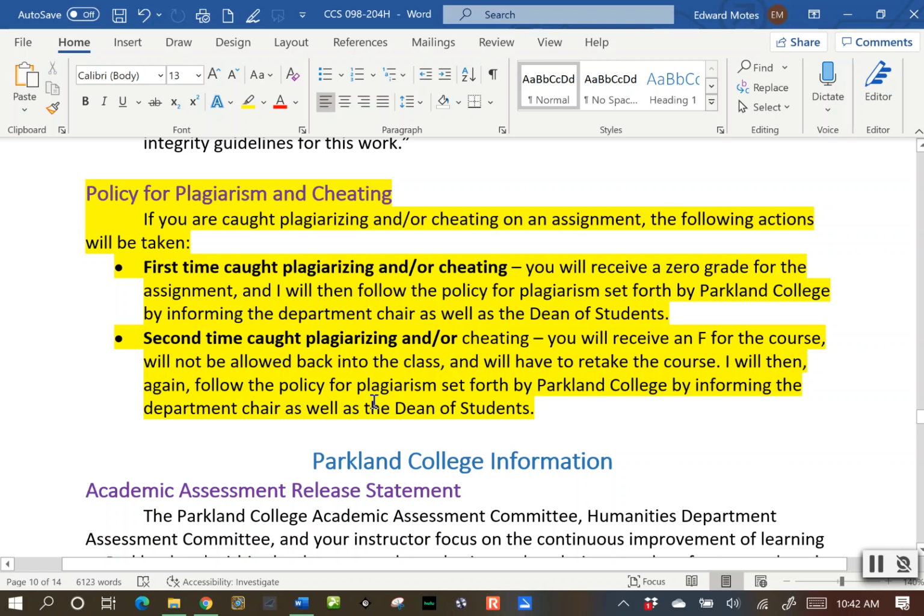Then I will tell Parkland again. So they'll go to your name in their database. They'll put a second check mark. So that's what will happen to you in this class. Please note also, though, that if you cheat or plagiarize in another class and a third check mark gets put by your name in the database, that's when your name pops up to administration here at Parkland, and they say, okay, wait a minute, we've got to deal with this student. Something's going on. So for the quiz, all you'll need to know are the first and second time here. But just also know that on the third time is when Parkland will actually step in to talk to you.